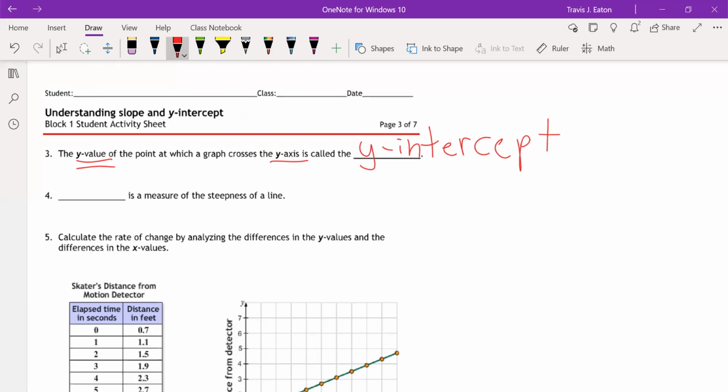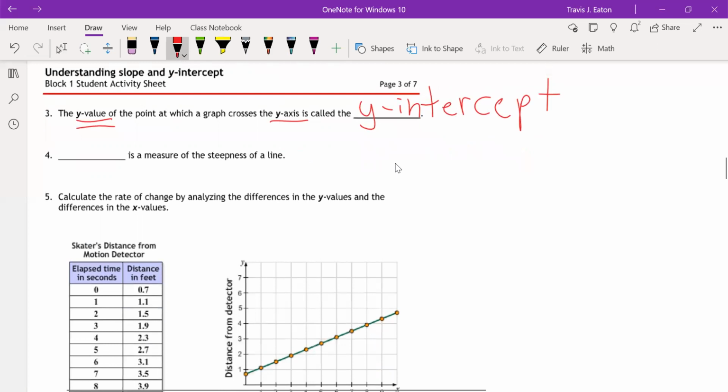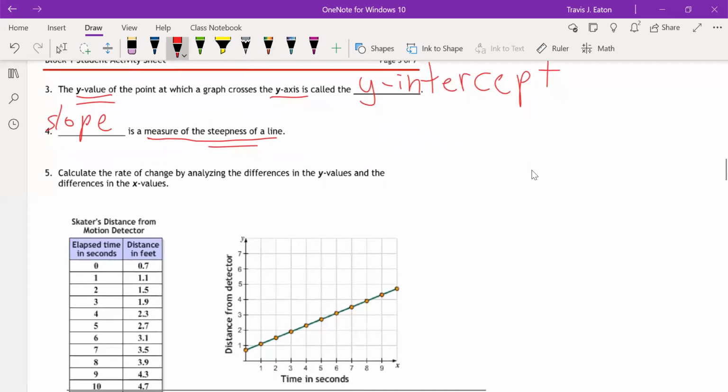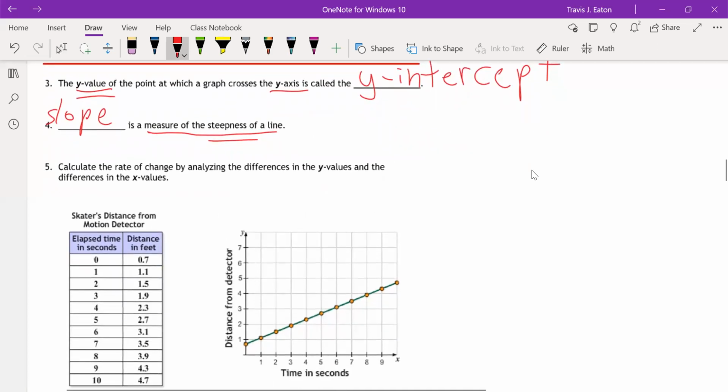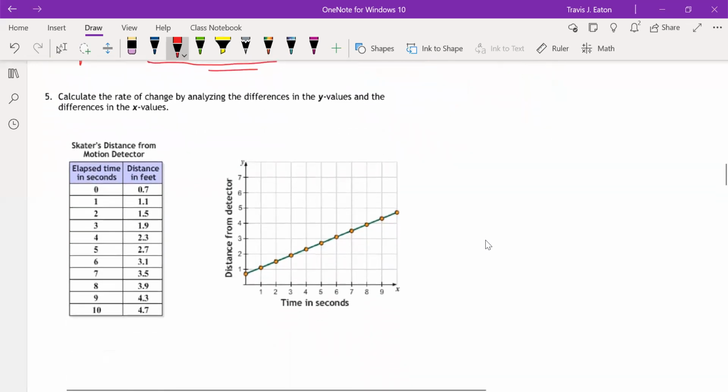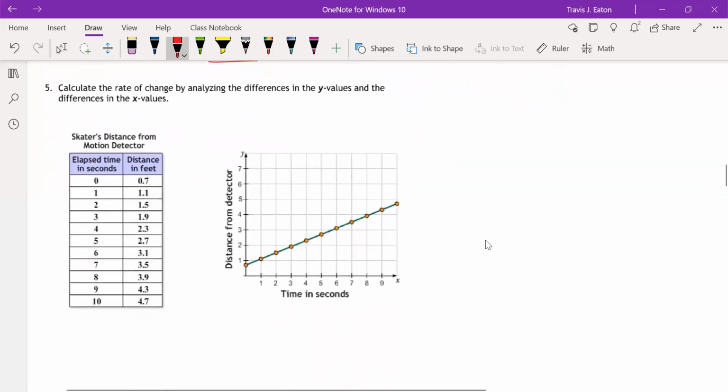Okay. And then another part of a graph when you're looking at graphs of lines, the measure of the steepness of a line is called, and you probably already know this, its slope. The slope is the measure of the steepness of a line. Now, when we take a look at question number 5 here, we're going to calculate the rate of change by analyzing the differences in the y values and the differences in the x values. Okay? So you can see from this table